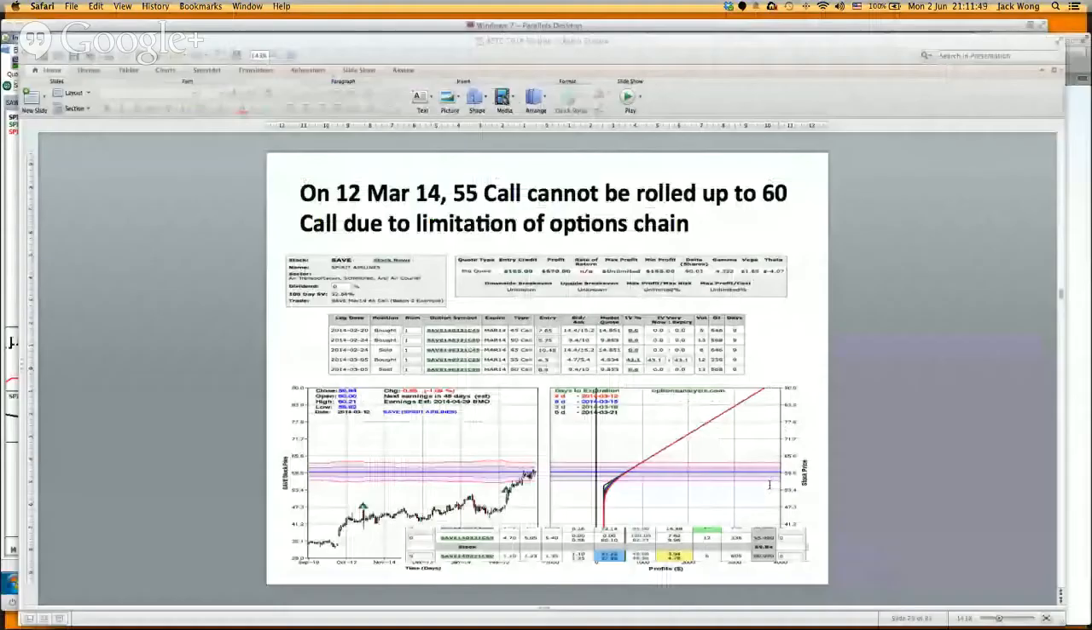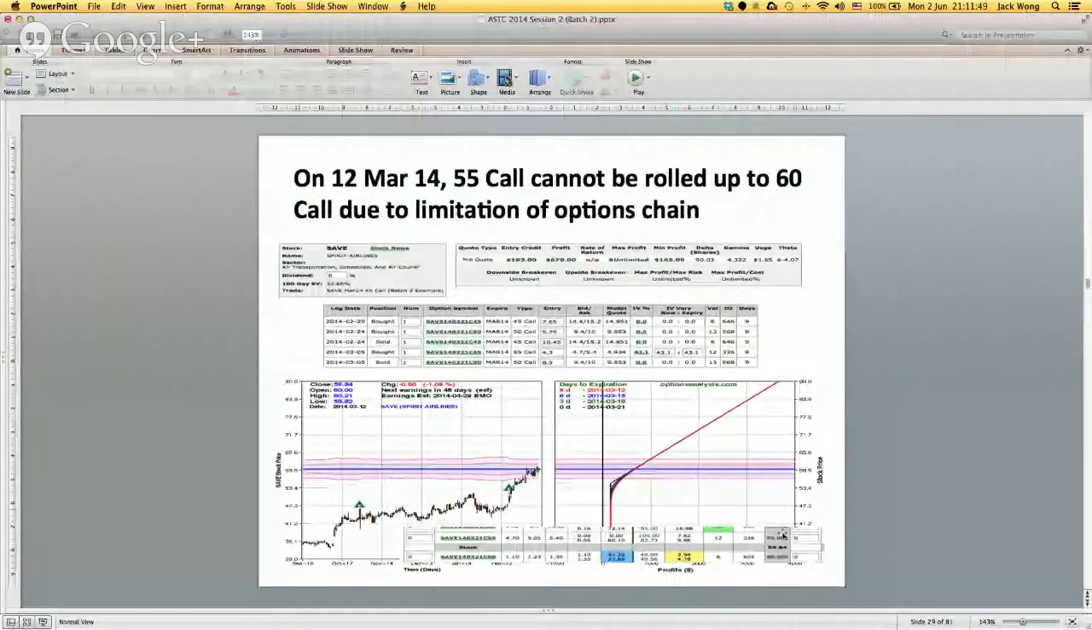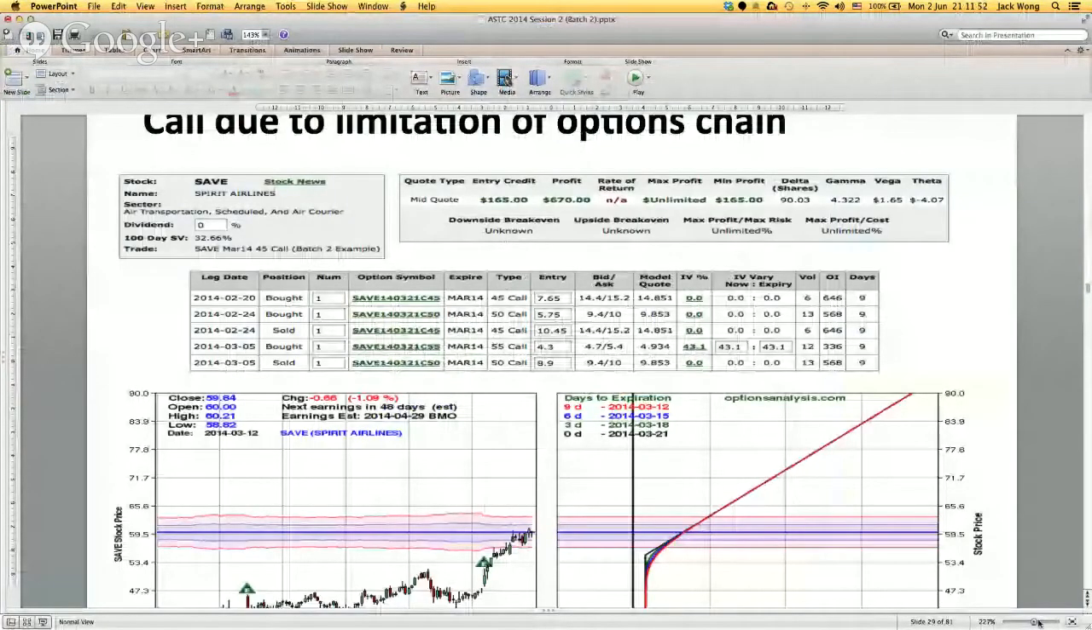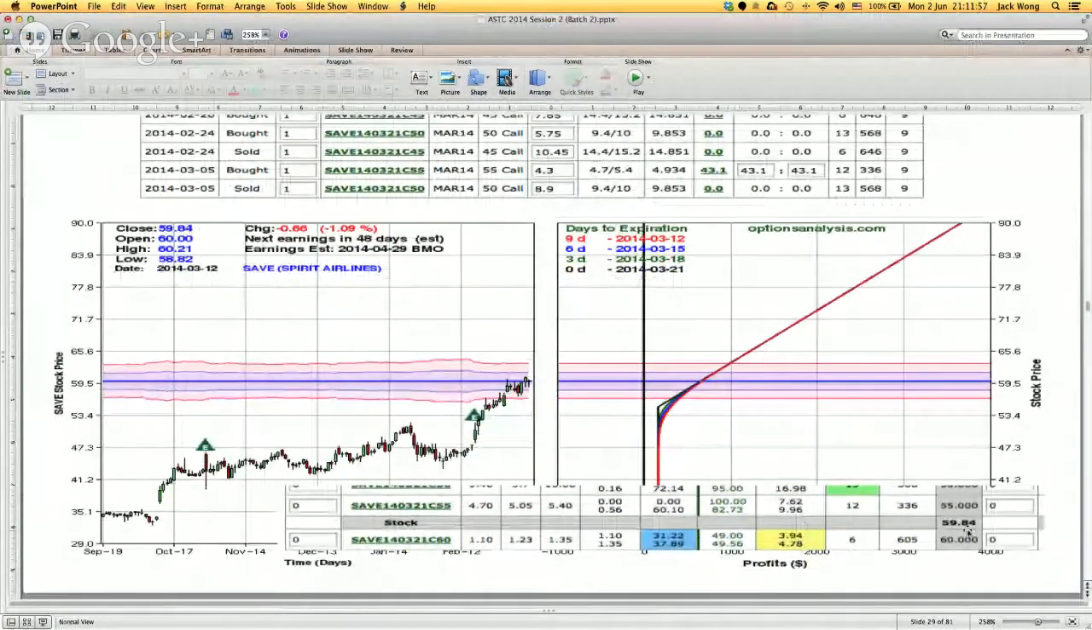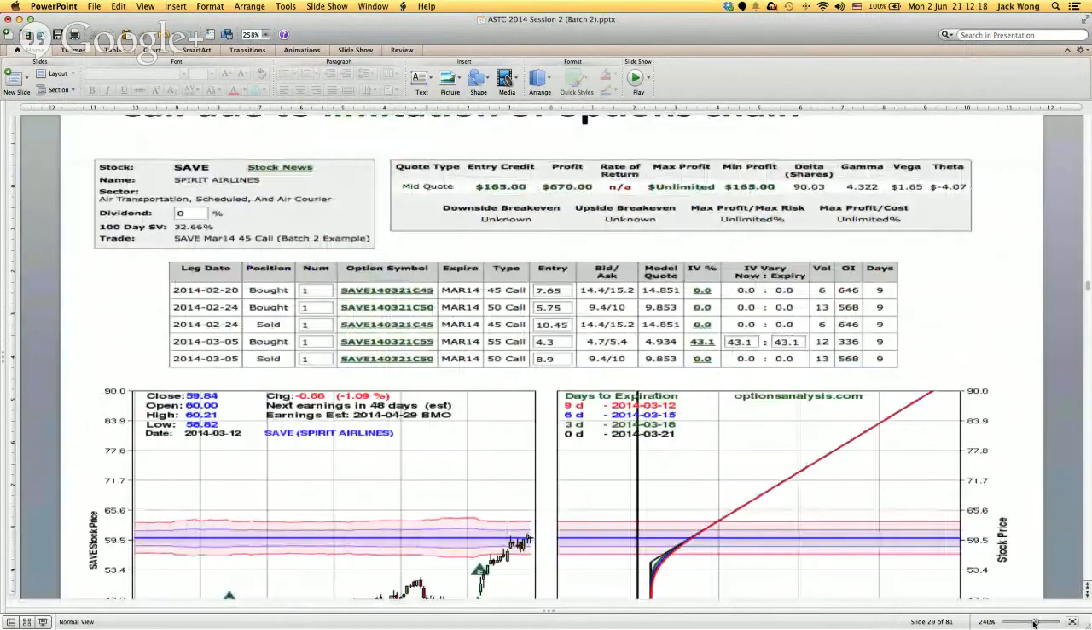So I've got a snapshot for you. Let me turn it bigger. You see that my call is a 55 call. I could have rolled up to 60, but the 60 call gives me a delta of not even 50. So it totally doesn't make sense to roll up the strike. So what do I do? Nothing. I'll keep my 55 call. As the story goes,